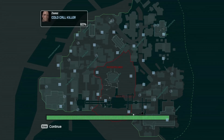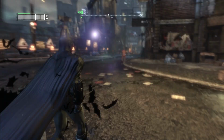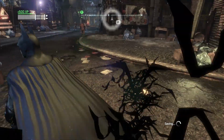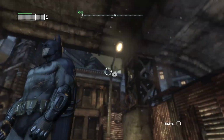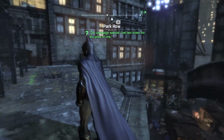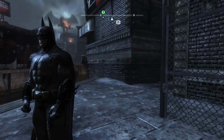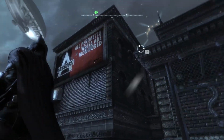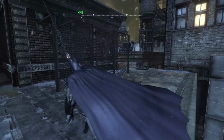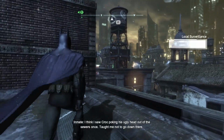Didn't quite get him there. The next time we probably will. Don't know why I called him Victor Zsasz. I was thinking of Victor Freeze, I think. Well, this is kind of screwed... Oh, there's a lot of guys there. Let's not hang around there. This has screwed us up a little bit because we've now gone, like, miles away from where I needed to go. Which is a right royal pain. I'm still going back there, though. I said I wasn't going to end this video until I had that flipping...